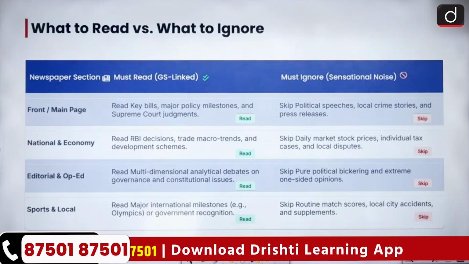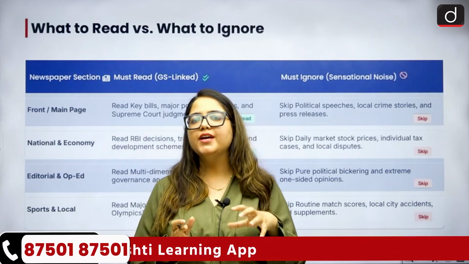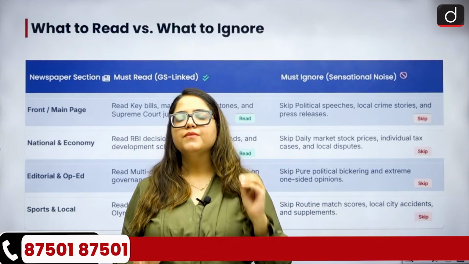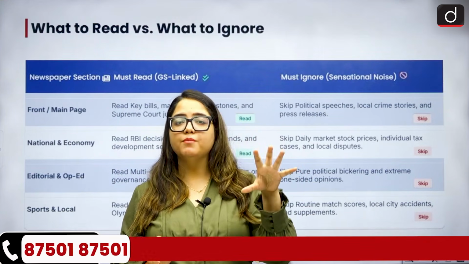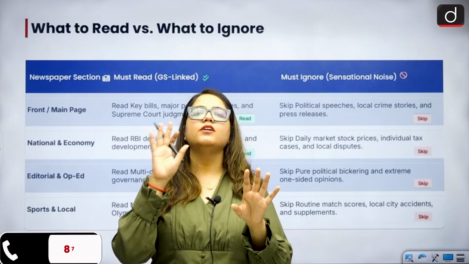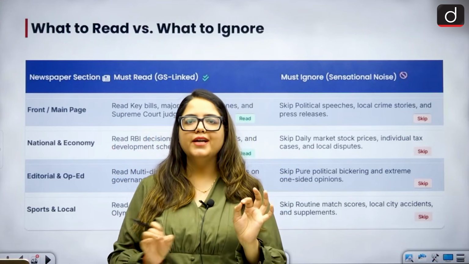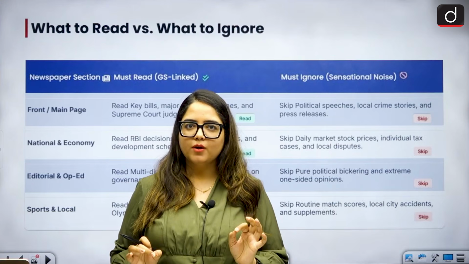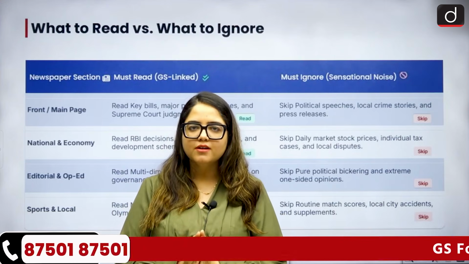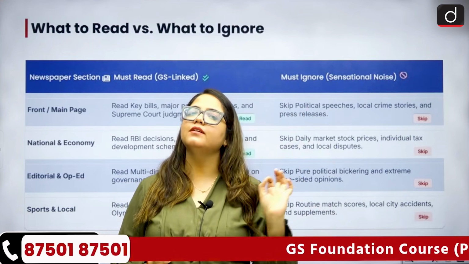Other than that, another question then comes: if we reduce the time, we have to read something and ignore something. If you limit the time, you have to read some important things while ignoring others as well. So what should we read and what should we ignore? The very basic question as to what to read, what not to read. However, there is no hardcore line drawn as such, but still there are some broad criteria that can help you filter out the news.